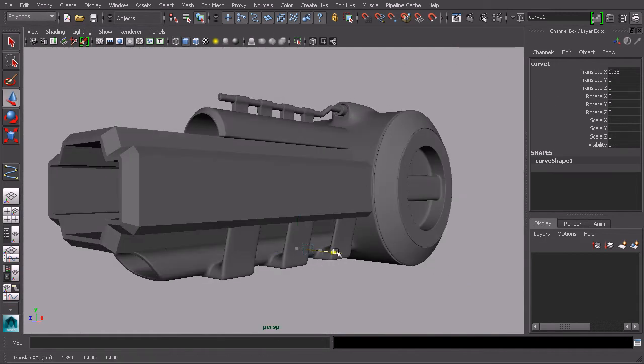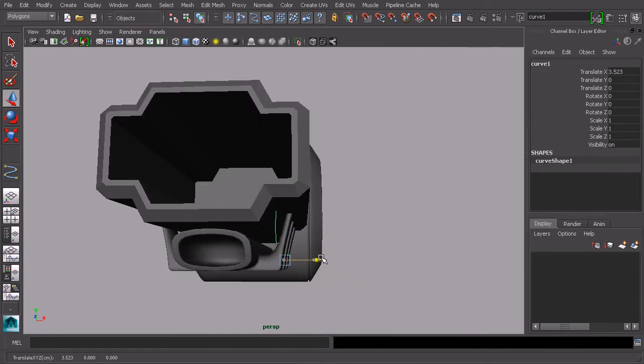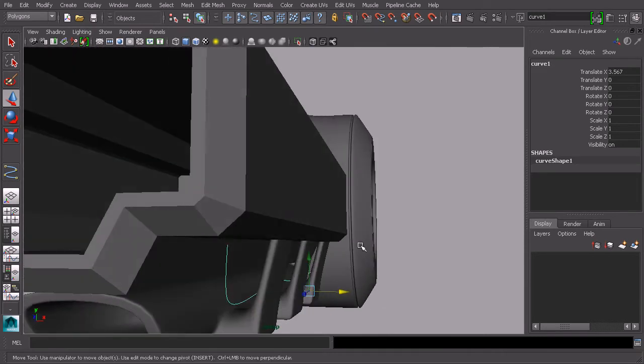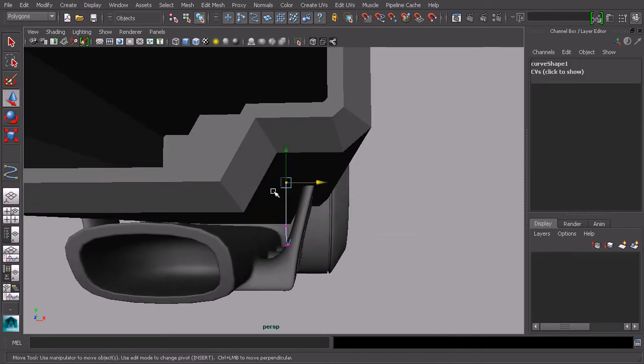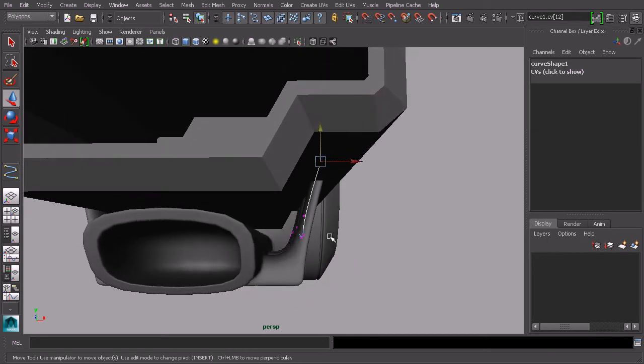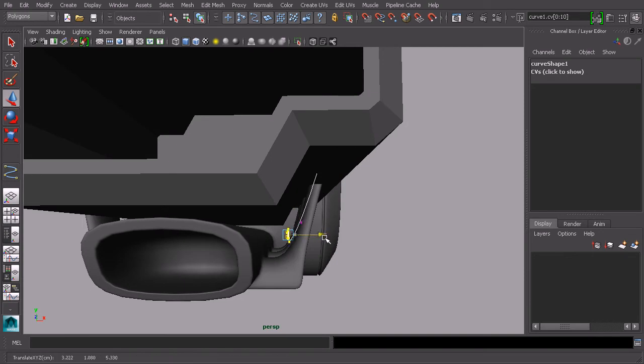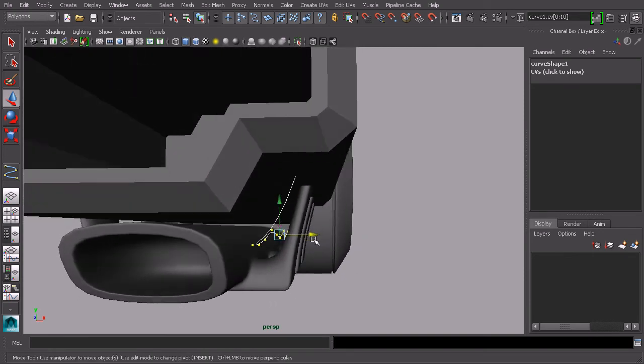Let's go ahead and move this over, because right now it's at the origin, and we can kind of get it in a rough position. So as we drew it, it was drawn on basically one plane. So now in our perspective view, we can kind of shape this in 3 dimensions. So I can come in and bring this in. You can see a lot of these points are penetrating right now into the brackets, so kind of bring that in a little bit more,